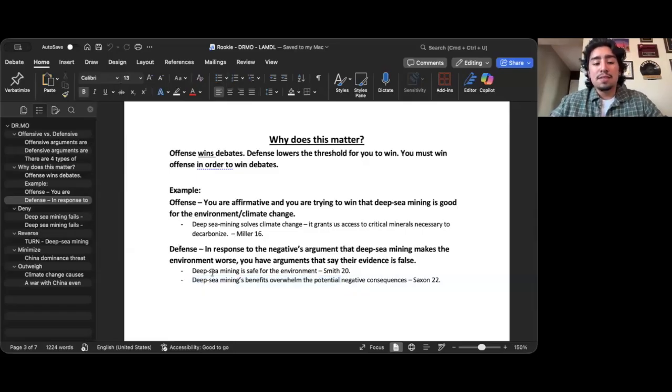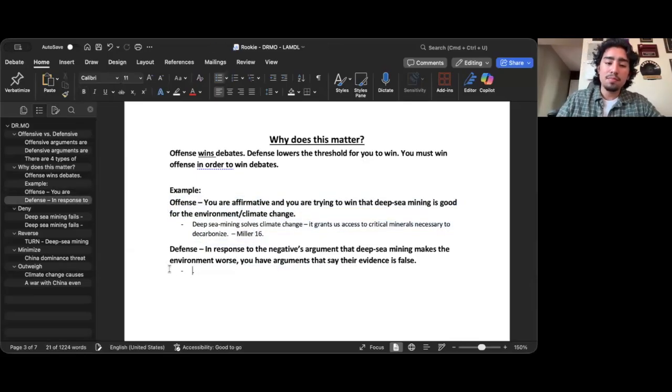Your defense plays a role in making sure that your offense wins you the debate. So, for example, if I were to take these away, that means you have no defense against the negative's claim, and the judge is forced to evaluate two offensive arguments. Offense from your end saying that deep sea mining is good for climate change, offense from the negative saying that you make the world worse. And you have nothing to provide defense against the negative's claim. If that's the case, the debate will be decided on a coin flip, and it'll essentially be a 50-50